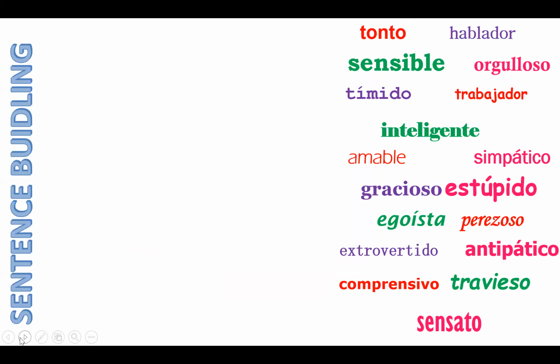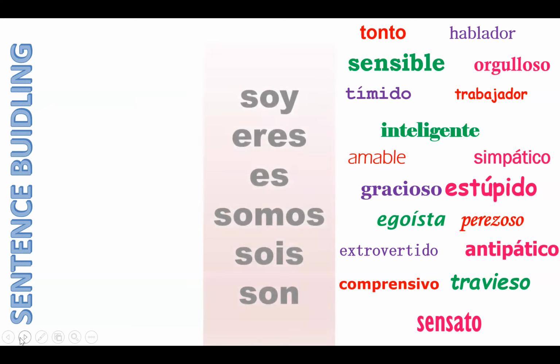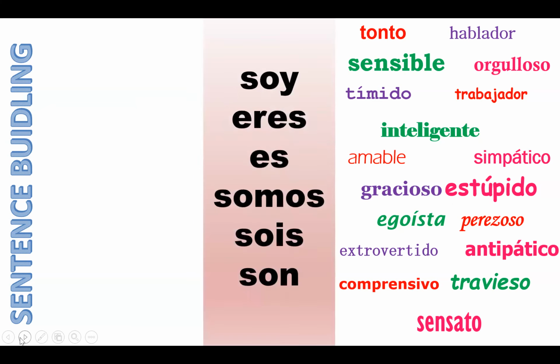Are you ready for your sentence building activity? On the right-hand side, you'll see there are all of our lovely adjectives that we met previously, and they're given in their masculine singular format. Remember, they might need tweaked according to what sentence I'm asking you to build. So one of the easiest ways to talk about our relationships with other people is to talk about what their and your personalities are like. So let's try a few sentences on your scribbly piece of paper.